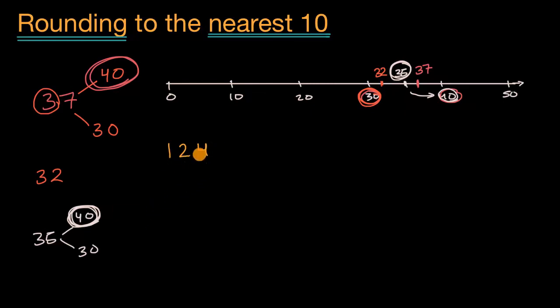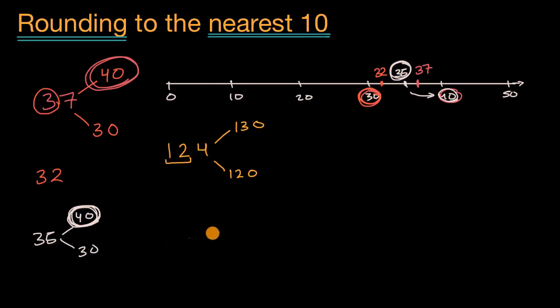Well, there's a couple of ways that you could think about this. You could say that this is 100, 2 tens, and 4 ones. Or you could even view this as 12 tens and 4 ones. So you could say, hey, this is in between 12 tens and 13 tens. It's greater than 12 tens, which is 120, and it's less than 13 tens, which is 130. These are the two tens that are closest to this number. And then to decide which one it rounds to, you might already be able to think about it based on